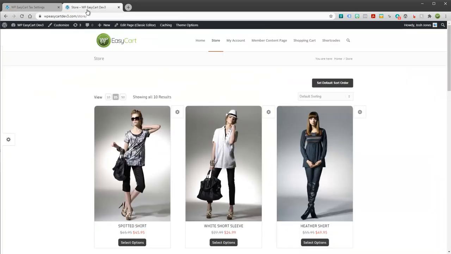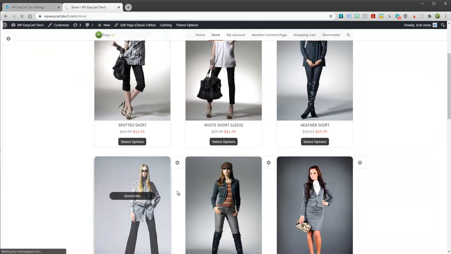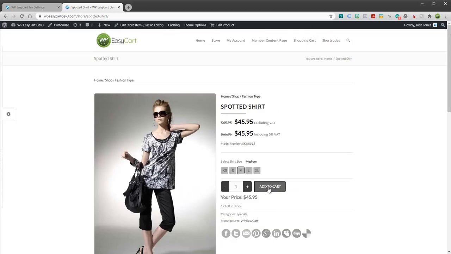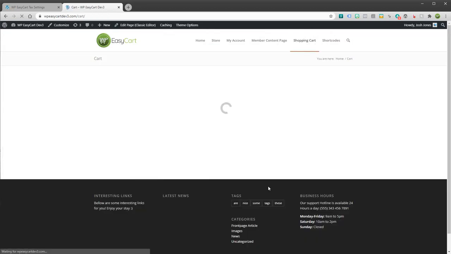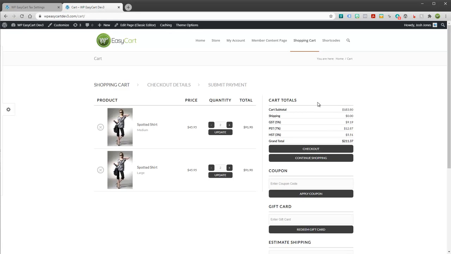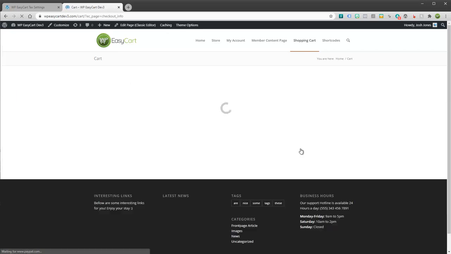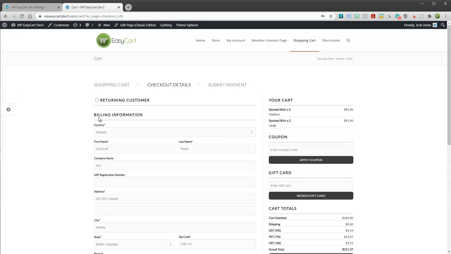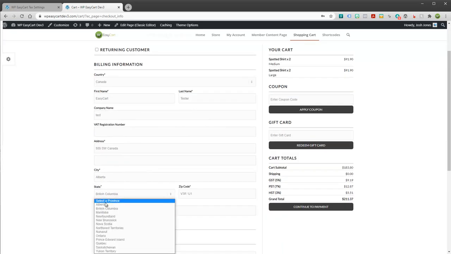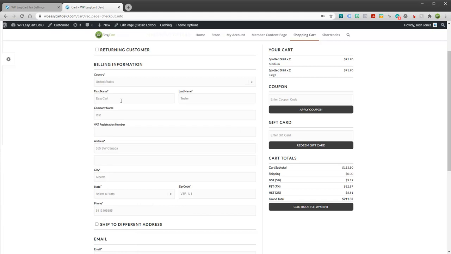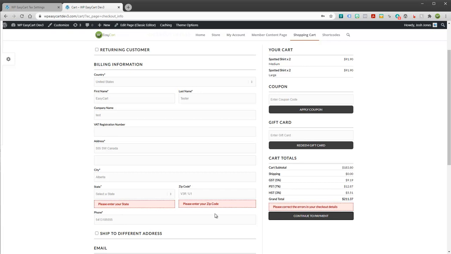And let's take a look at what it looks like on the store side. If a user is shopping, we'll just go ahead and throw something in here. Okay, you'll see at this level you can see the GST, PST, and HST. The reason I see them here at the shopping cart level is because I've already started the checkout process, so it has my address information already in here. If we were to remove that, maybe I was a US customer or I hadn't checked out yet, you would not see that at the